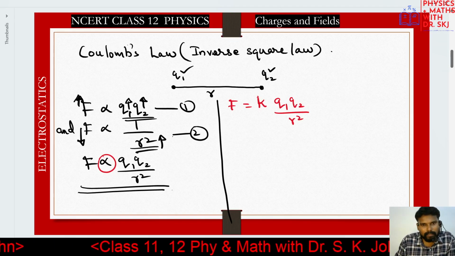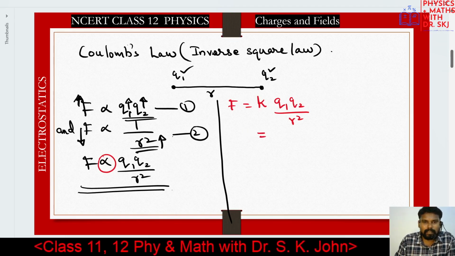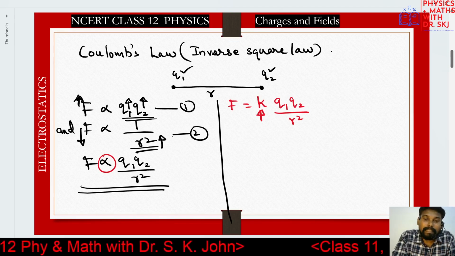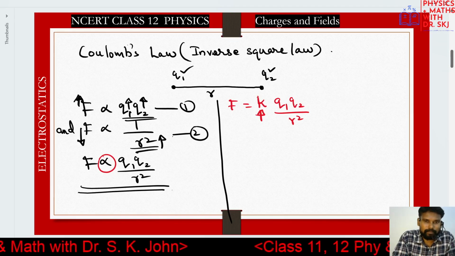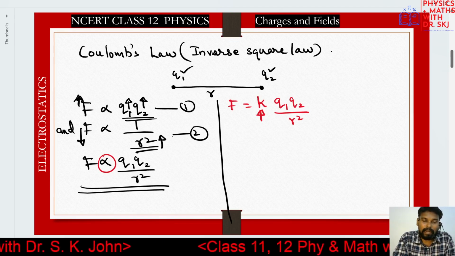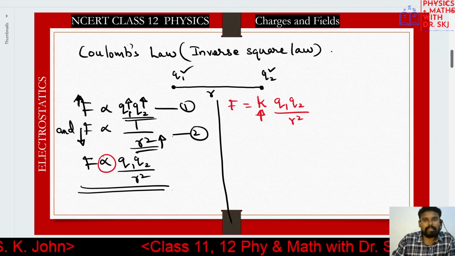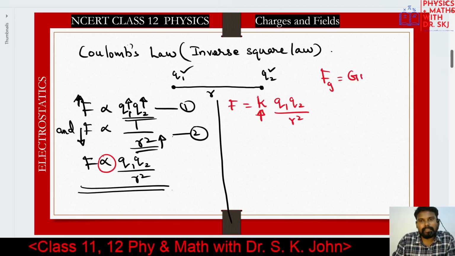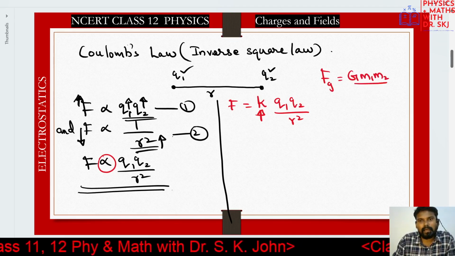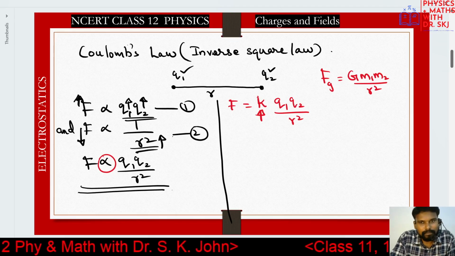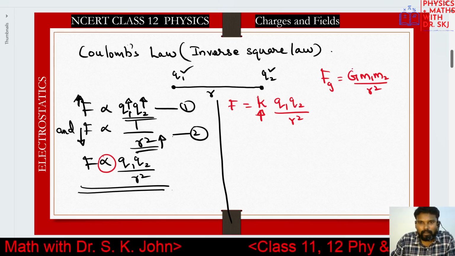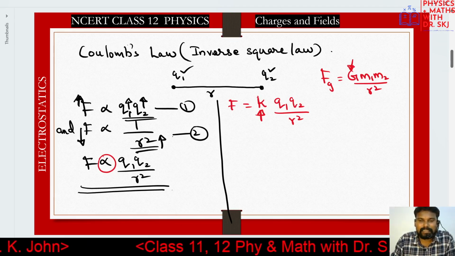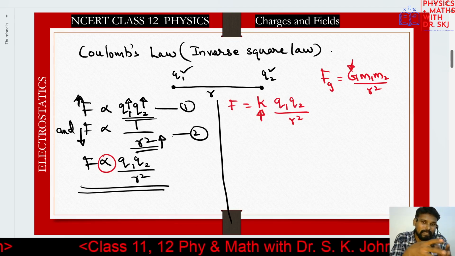Here, the constant k is a medium dependent constant. It depends on the medium, unlike gravitation force. In the case of gravitation, the gravitation force is given by G into m1 m2 by r square. You have studied this in the 11th class. So this constant, the universal gravitational constant,